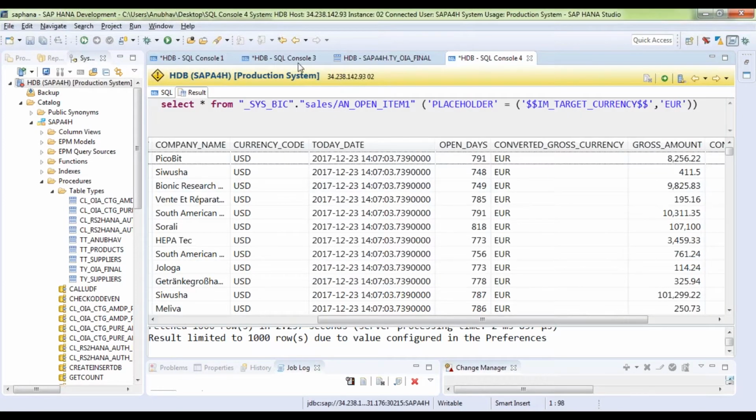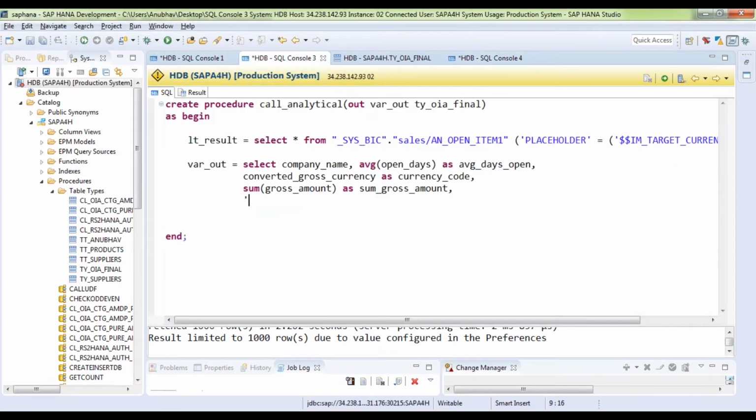Of course we don't have any customer tagging in there, so right now I just make this blank. Of course you can implement further code here to read the customizing table and process the data accordingly, do the complex calculation right in the SQL script and produce the final result.